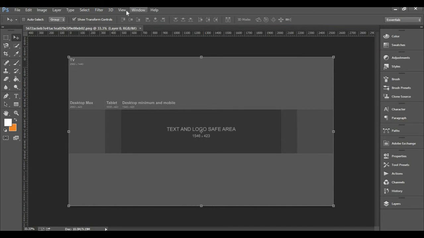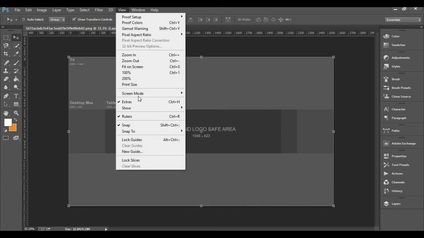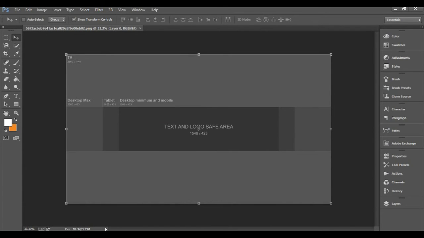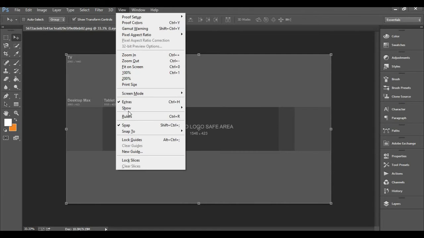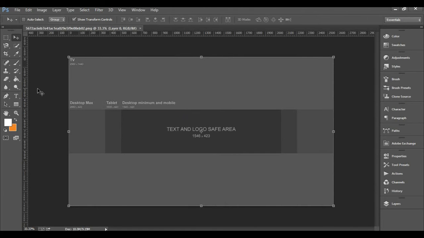Once you open it, go to View and you can check here that rulers are enabled. If not, you can enable them from here, like this. Now rulers are enabled. Now I can set the format according to this image, like this.